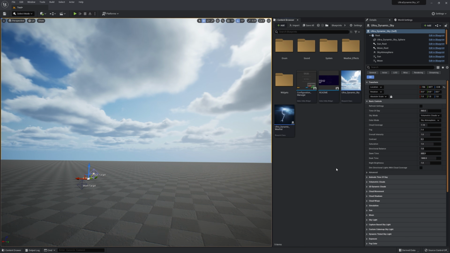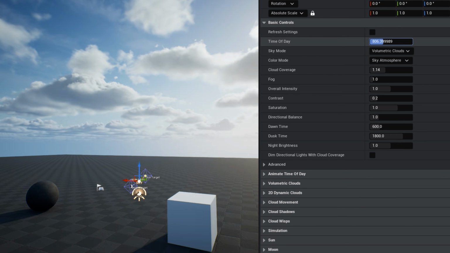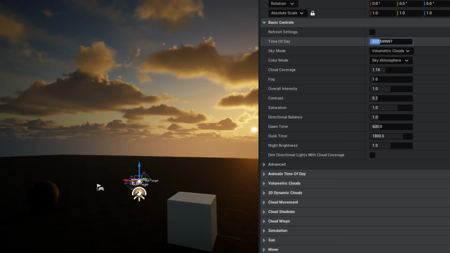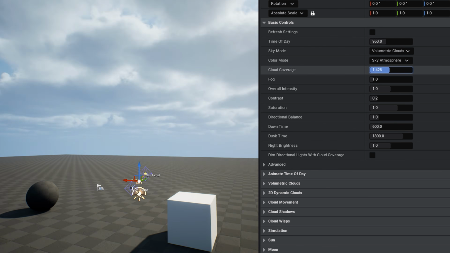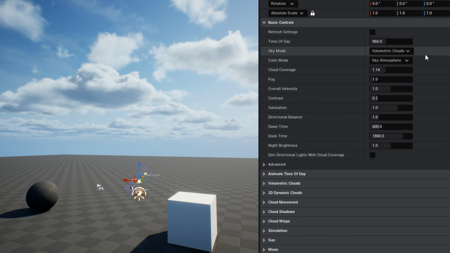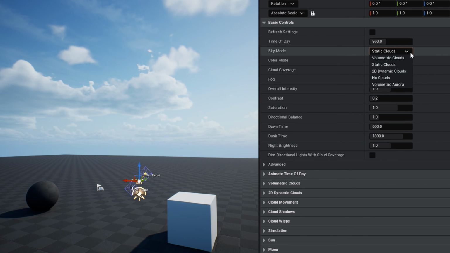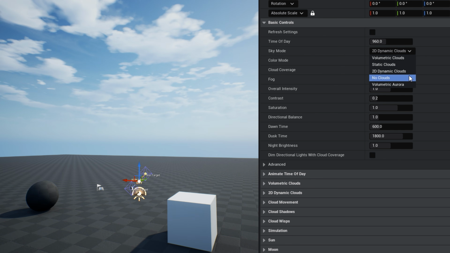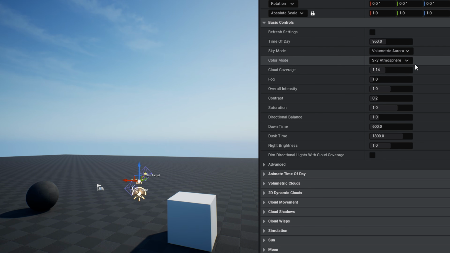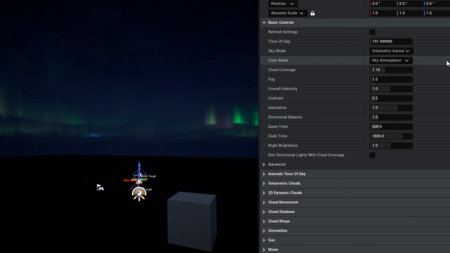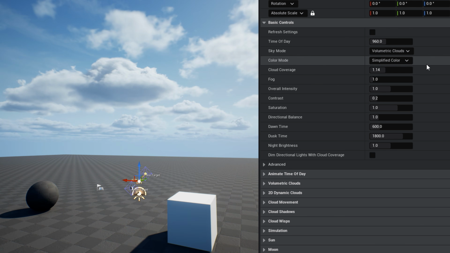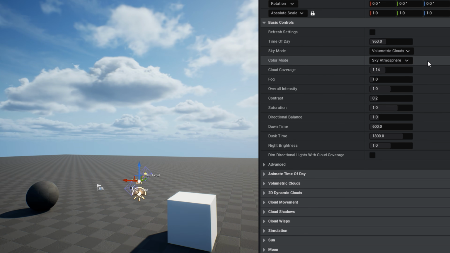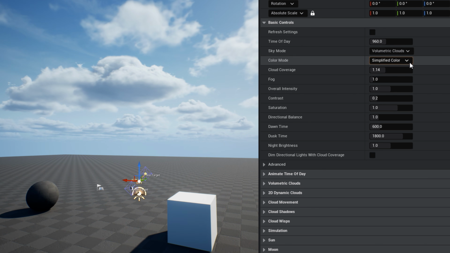Alright, let's take a look at the settings on Ultra Dynamic Sky. Basic controls is where you can adjust things like the time of day and cloud coverage. Also take note of Sky Mode and Color Mode. Sky Mode determines what kind of clouds the sky will use, if any. It's where you can choose from volumetric clouds, 2D dynamic clouds, static clouds, volumetric aurora, or no clouds. Color Mode determines where the sky and lighting colors come from. By default, they use Unreal's Sky Atmosphere system, but you can change to Simplified Color to make color more directly